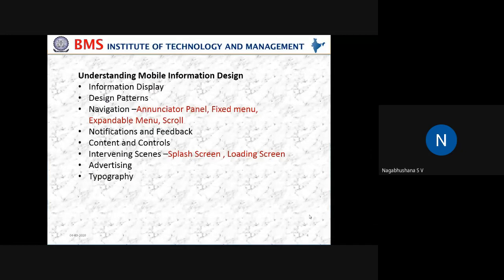When you want to do some kind of application branding, okay, so we can use these intervening scenes. And intervening scenes have got two things. One is splash screen and the other is loading screen.